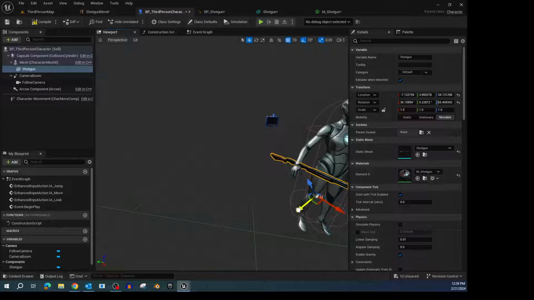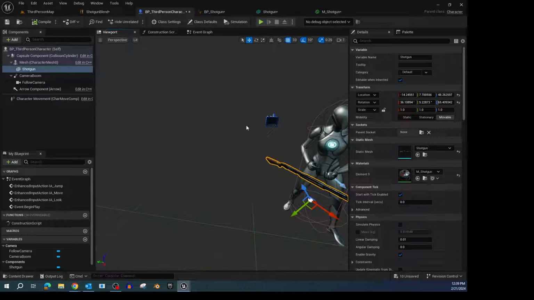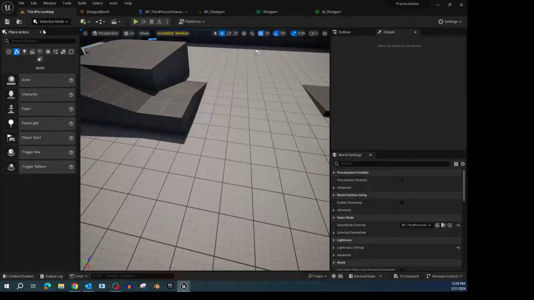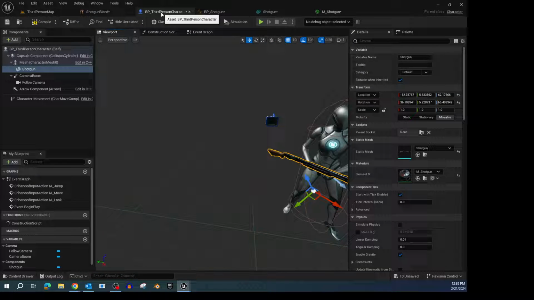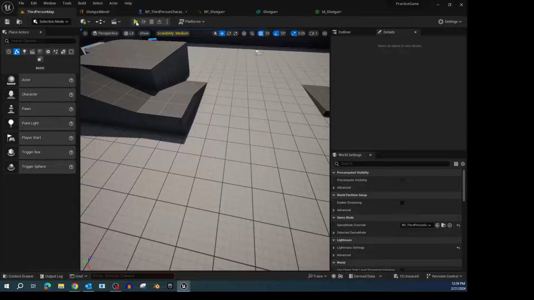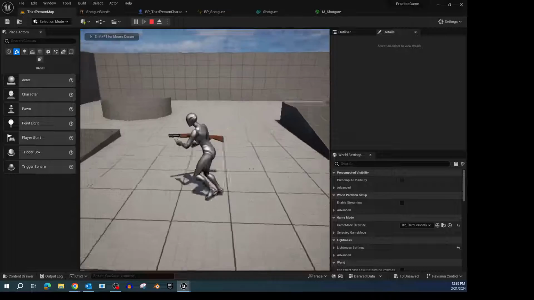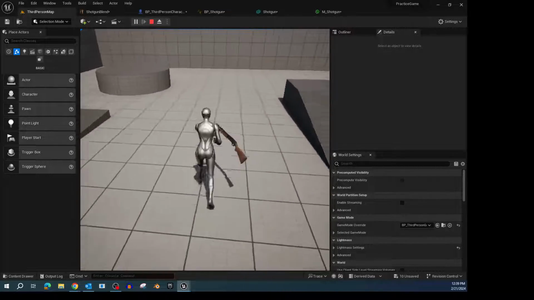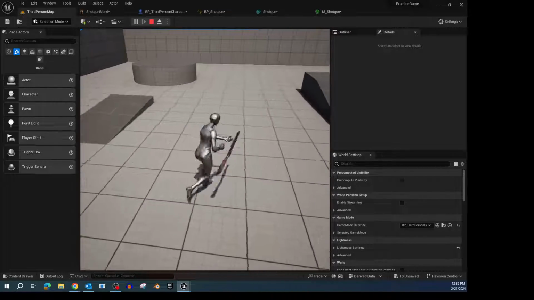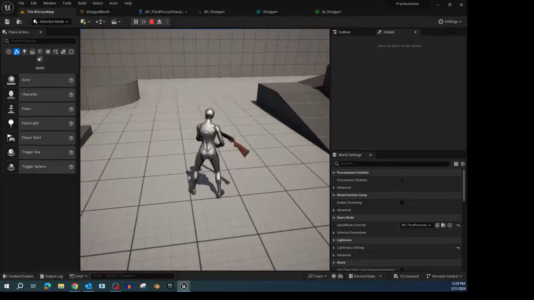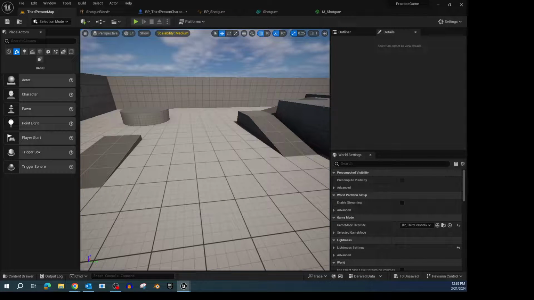All right. Close enough for the time being. So when I go to my map, let me compile it and save it. And play it. It's hanging out there. But it's not perfect. And we want to make it look better. So let's go ahead